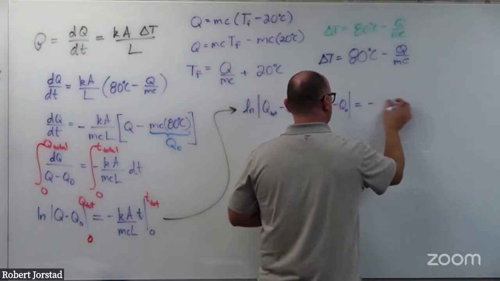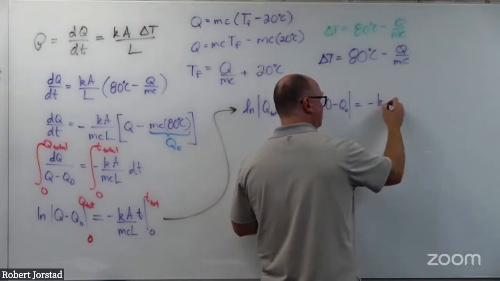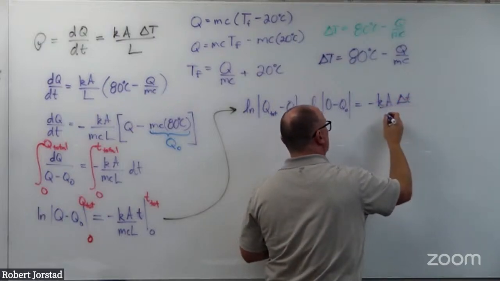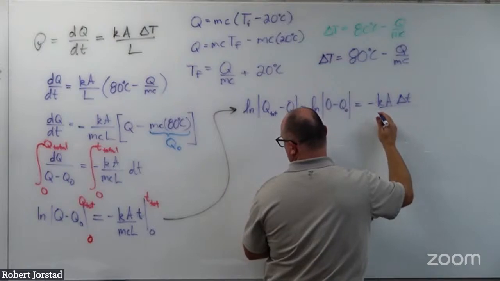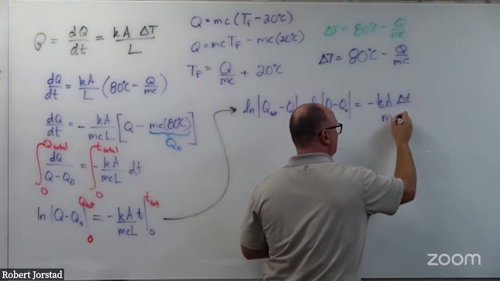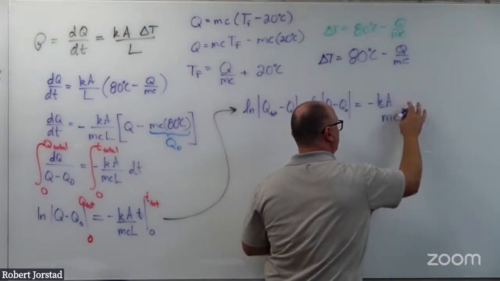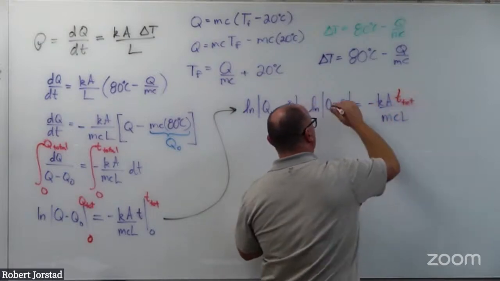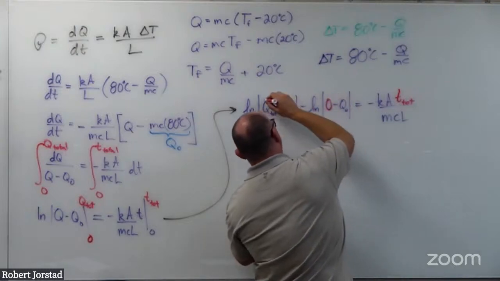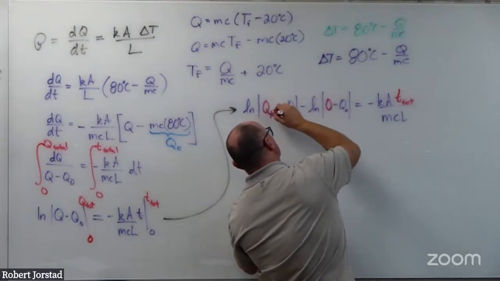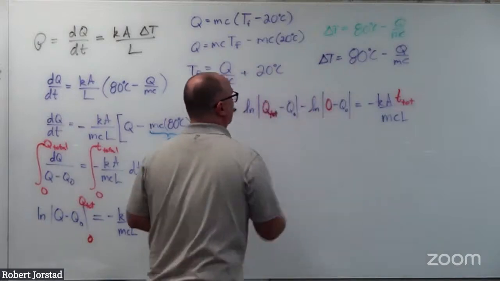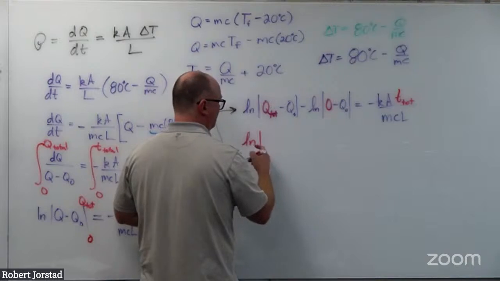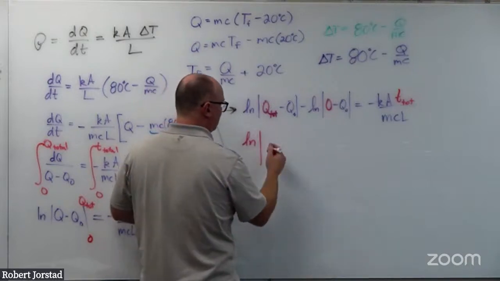I think we call this T total, right? This was 0. This was Q total. Now with the logarithms and the absolute values, hopefully you can see that this becomes logarithm, natural log, whatever, of